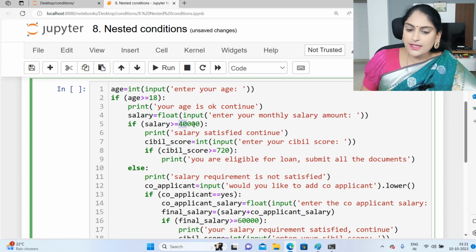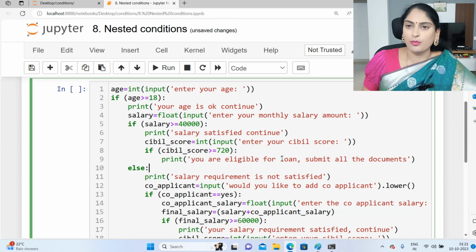If the salary is greater than or equal to 40,000, then the "salary satisfied" print statement gets executed and we collect the CIBIL score information. Finally he is going to receive "you are eligible for loan," or "submit all the documents for further